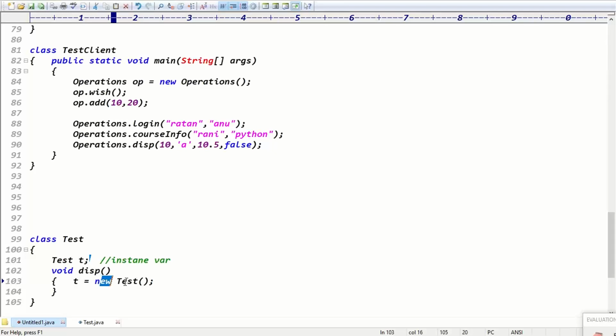Once we assign that object to the T variable, what happened? Then it is assigned to instance scope, right? Once it is assigned to instance scope, this instance scope data you can access throughout the class, right? Guys, yes or no?